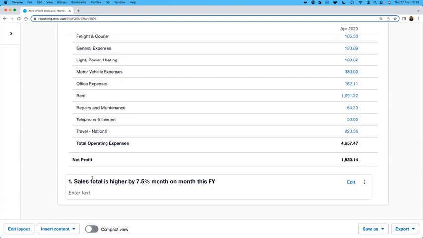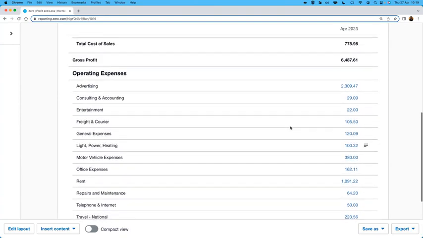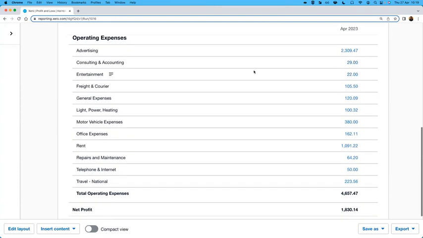So for anyone looking at this report on screen, they can then go in, click into that note to view it, and the notes also display on reports when you export them. So fantastic if you're running a report and you do notice that there are maybe increases or decreases, or you're thinking, oh gosh, our consulting and accounting is looking quite low this month. I wonder why. You could add a note